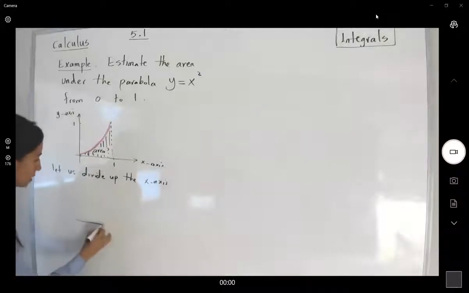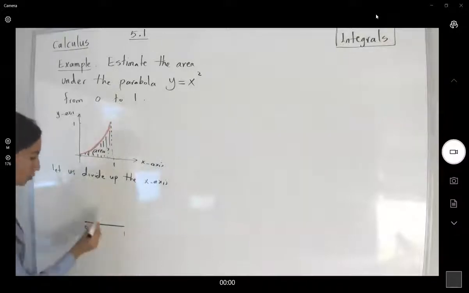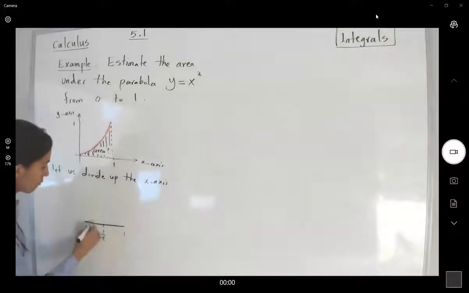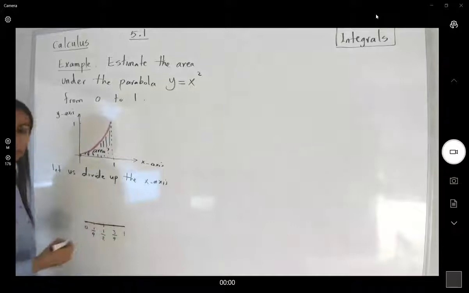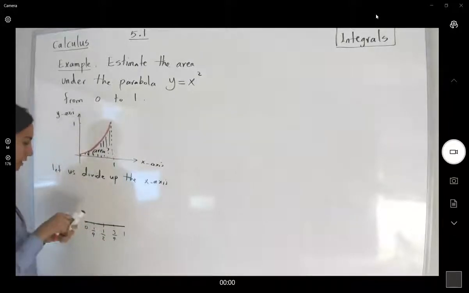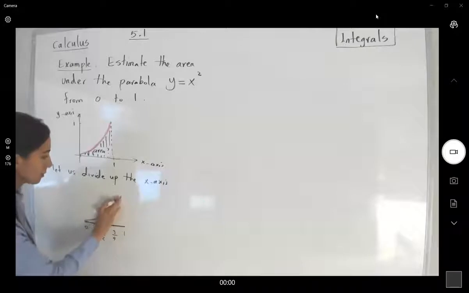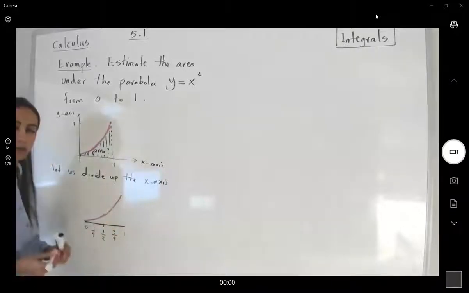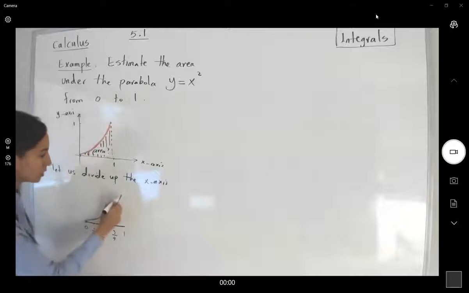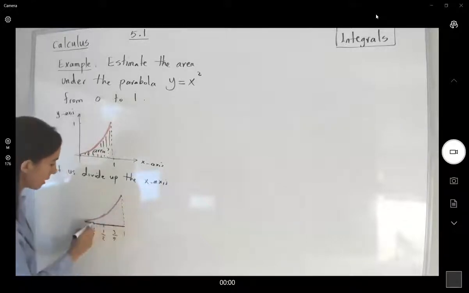Let's say, hey, this is our x-axis, 0 to 1, and then I'm going to again divide this up into 4 sub-intervals, but instead of covering the upper area, I'm going to start approximating the area using rectangles inside